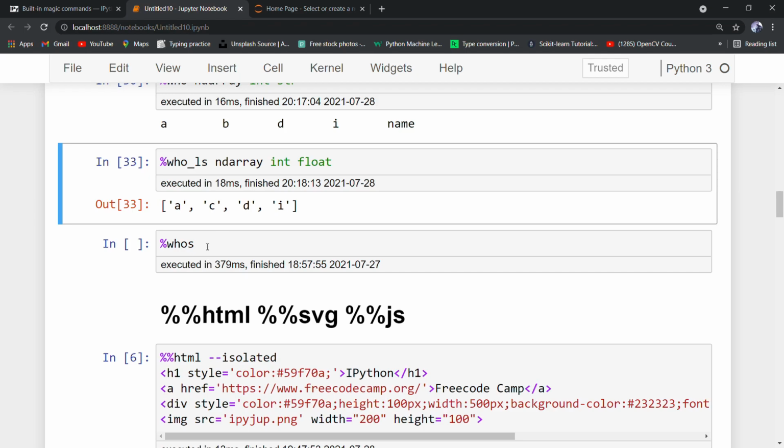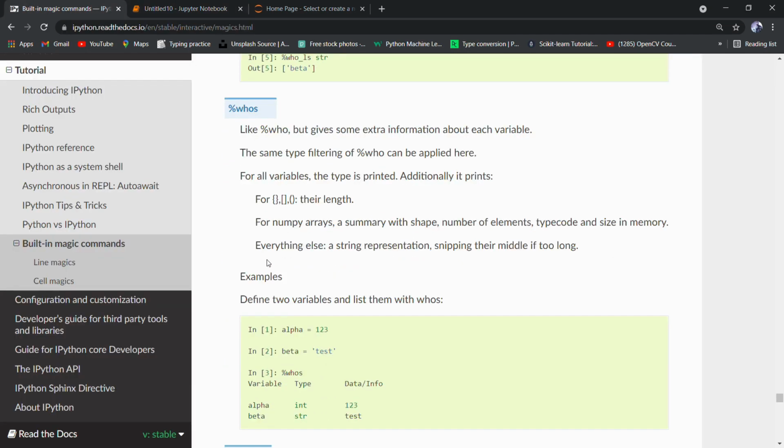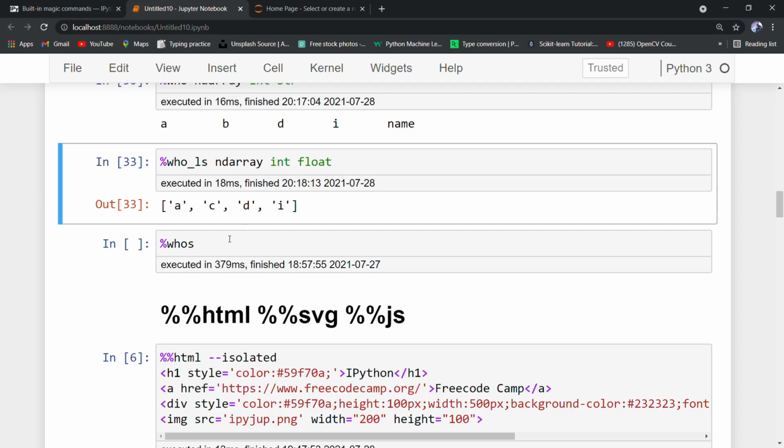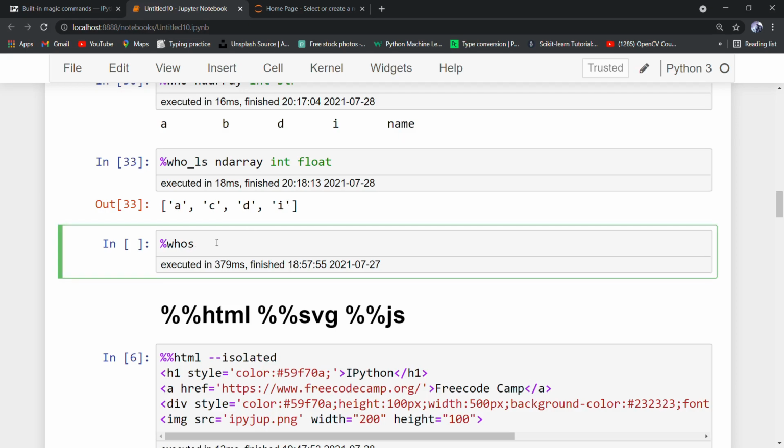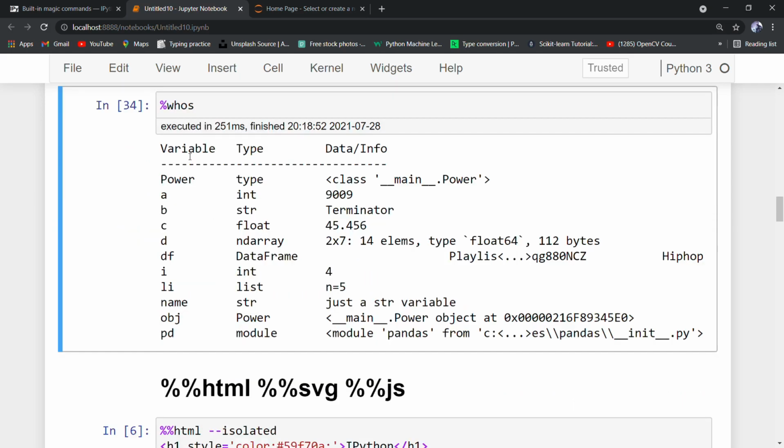The third magic function in this category is whos. So let's see its documentation. Like who, but gives some extra information about each variable. The same type filtering of who can be applied here. So let's first run it without the arguments. So here we can see that it has 3 columns: variable, type, and data info. So the first variable is power, which is the class. So class is the type, and this is the info about the class.